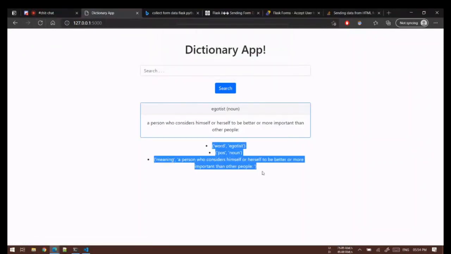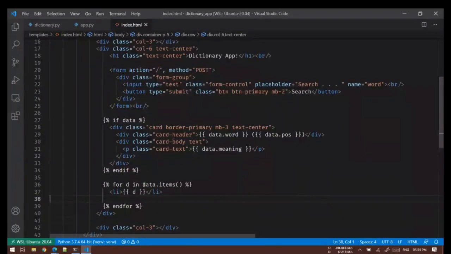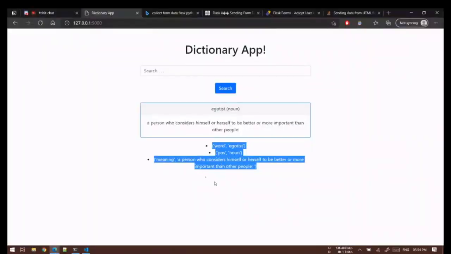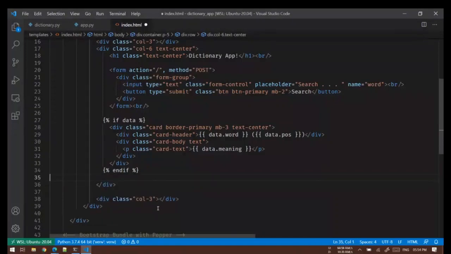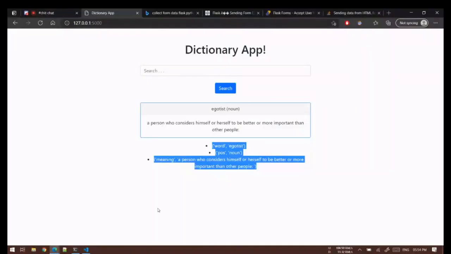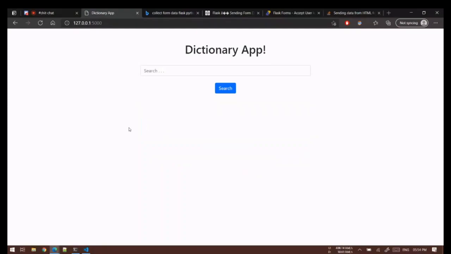Okay, you'll see that the li tag is printed like thrice. We are using a for loop, iterating over each element of the dictionary, and we are printing the dictionary. Okay, so Jinja supports a lot of different things, and we'll use if to check if we have a function or not. Okay, so great.